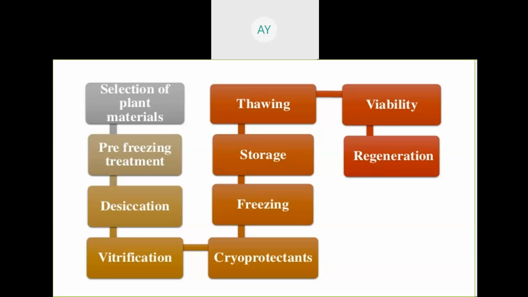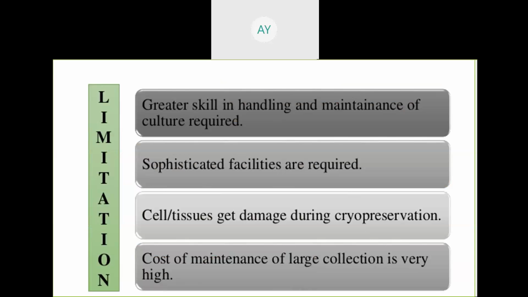अब लिमिटेशन क्या है, लिमिटेशन ऑफ क्रायो प्रिजर्वेशन मतलब जर्मप्लाज्म कंजर्वेशन क्या है, ग्रेटर स्किल चाहिए, हैंडलिंग एंड मेंटेनेंस ऑफ कल्चर रिक्वायर। मतलब कि आपको जॉब मिल सकता है इस सेंटर पे, तो आपको स्किल्ड होना चाहिए। सोफिस्टिकेटेड फैसिलिटी, मतलब क्या फैसिलिटी होता है, लिक्विड नाइट्रोजन कंटेनर होना चाहिए, दो टेम्परेचर कंट्रोलिंग डिवाइस होना चाहिए जहां पे हम स्टोर कर सकते हैं।